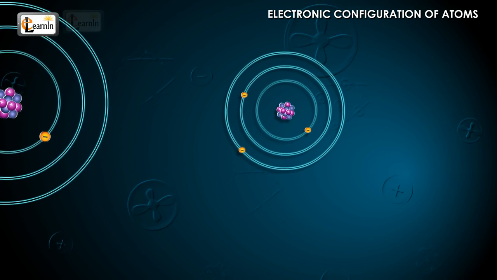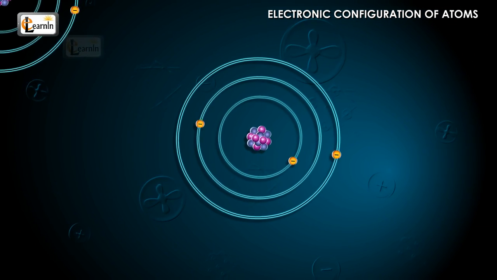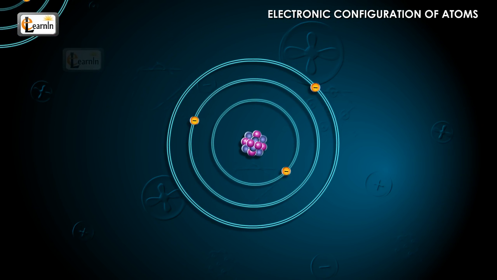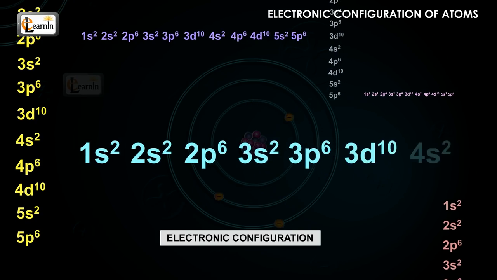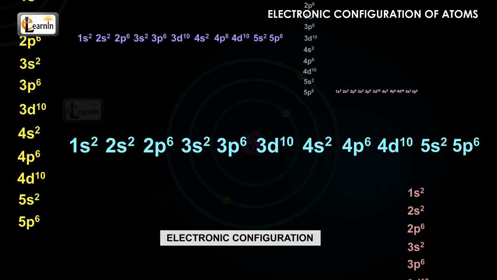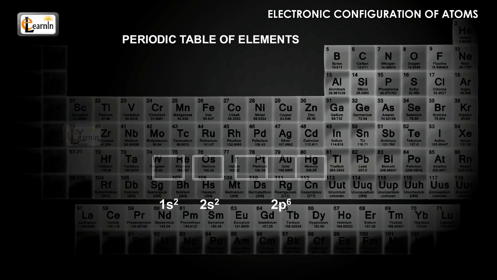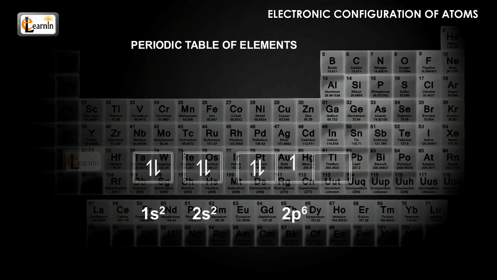We know that atomic orbitals are the substationary states, or the regions in space where the electrons revolve around the nucleus in an atom. The electronic configuration of atoms is a representation of the occupation of electrons in the orbitals. In other words, the electronic configuration of an atom specifies the order in which electrons fill up the orbitals in